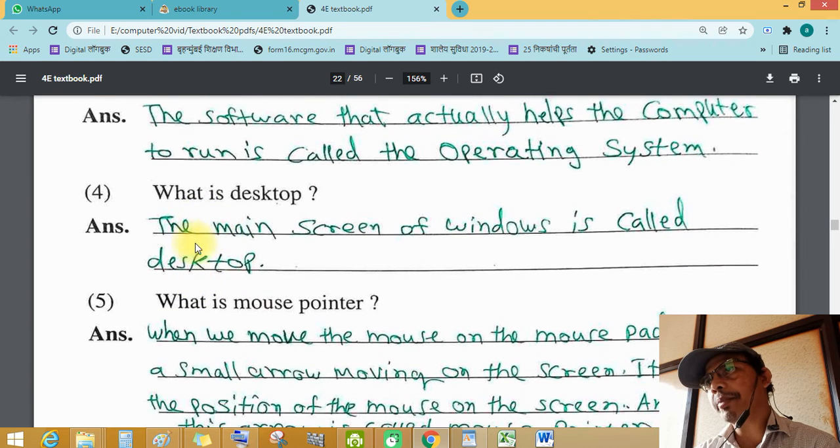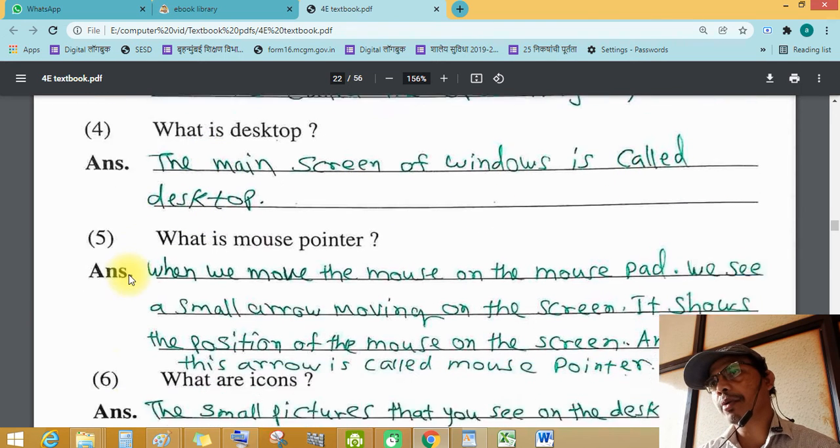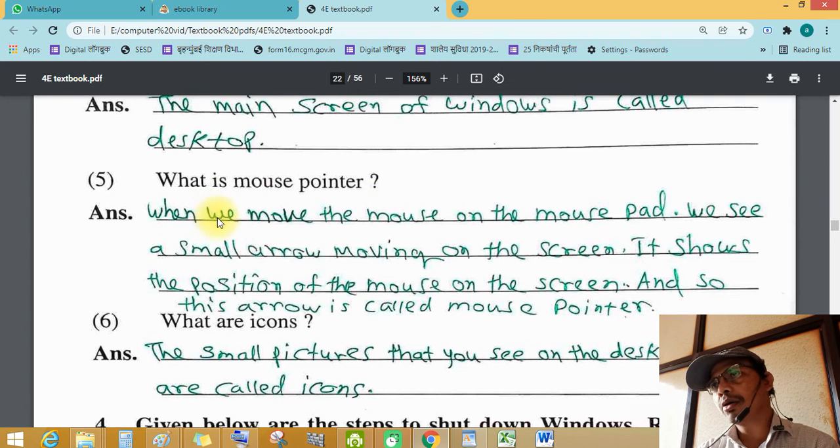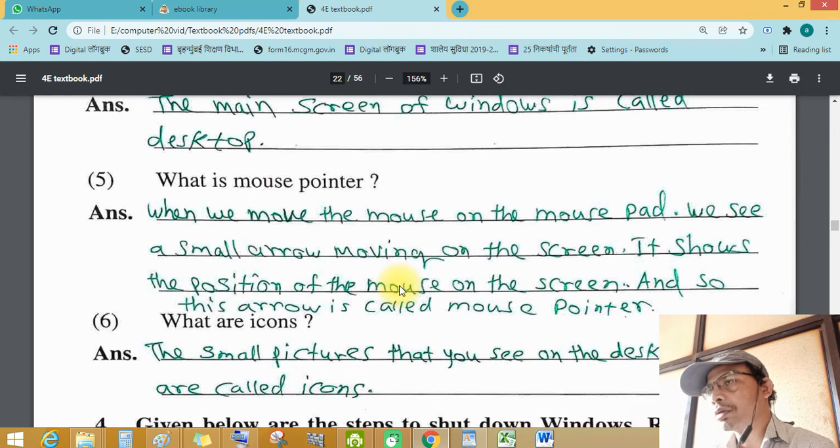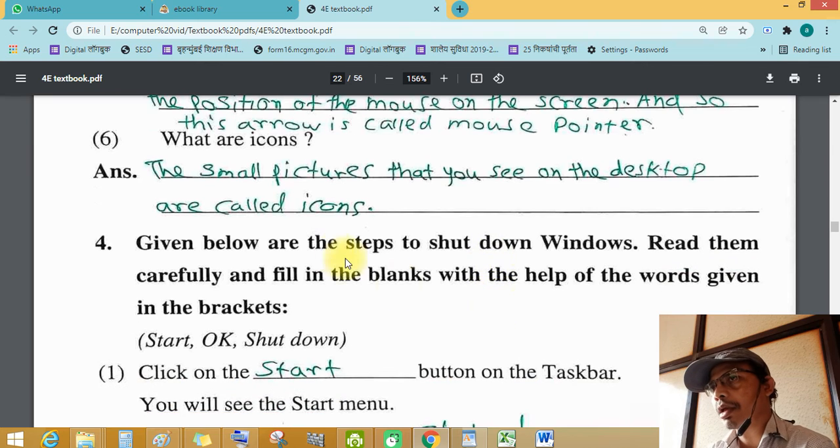What is desktop? The main screen of Windows is called the desktop. What is the mouse pointer? When we move the mouse on the mouse pad, we see a small arrow moving on the screen. It shows the pointing of the mouse on the screen, and that arrow is called the mouse pointer. The small pictures that you see on the desktop are called icons.